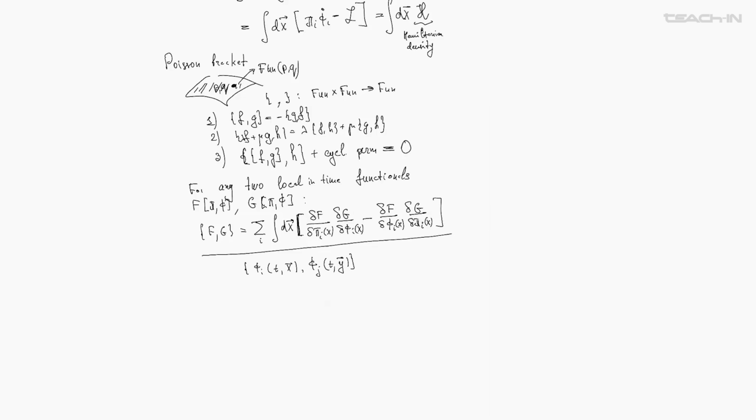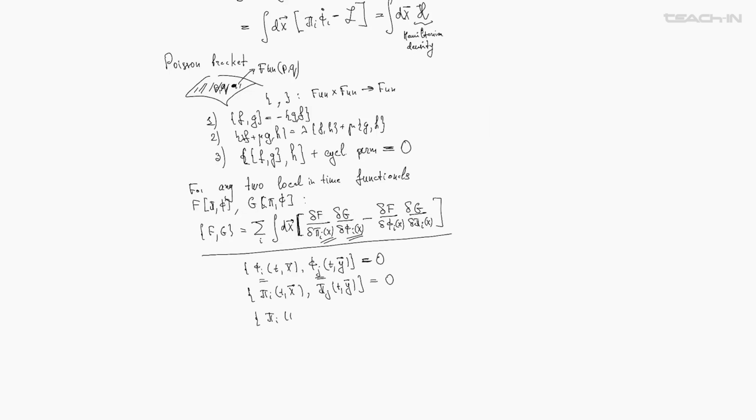That's simply because for this bracket to be non-zero, you have to vary one functional with respect to momenta and the other with respect to the coordinate. Here you have only coordinates, and therefore this bracket vanishes. The same is true for momenta. If you have a Poisson bracket of two momenta at different space points, the result is also 0. And finally, if you evaluate the bracket between momenta and coordinates